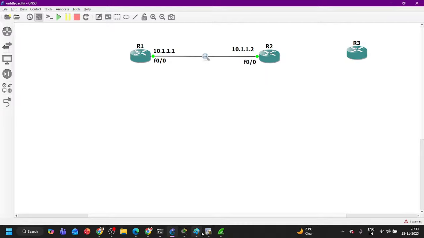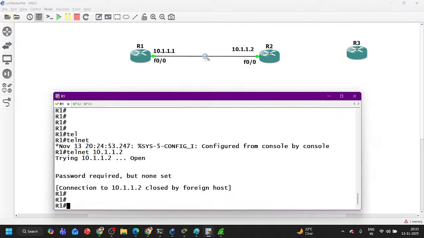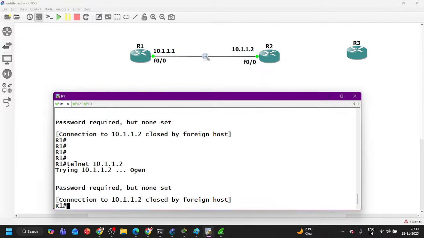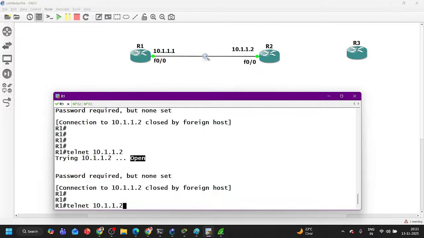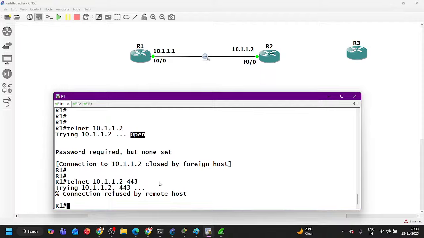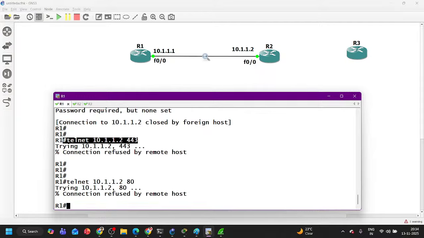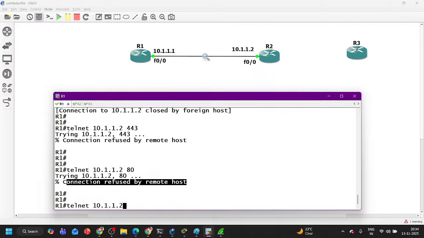For example, here between router 1 and router 2, I said telnet. Telnet is not working. Why? But the port number is open. Here you can see. If I check port number 443, you can see 443 is not enabled. Telnet is a troubleshooting command. See, through telnet I am checking which port number is enabled and which is not on router number 2. If I say 80, again it says connection refused by remote host, not enabled. And telnet 23,